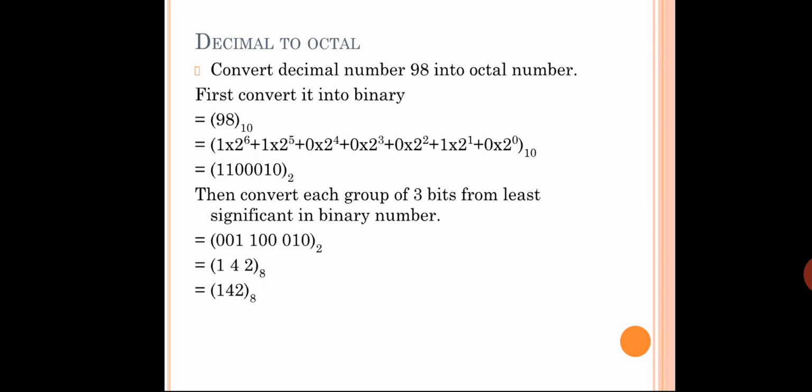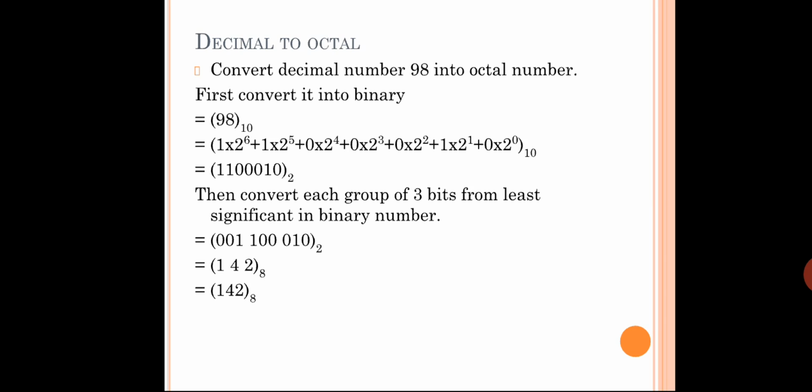Because I don't have the habit of learning by heart, that is the reason why I usually go with the position values. It will be easy. But if you are going to learn numbers by heart, definitely it is better to learn 0 to 7. Once you get that, the rest of the things will be very easy, because you will be representing based on the numbers only, isn't it? So I don't recommend you to learn by heart. I recommend you to go through the position values.